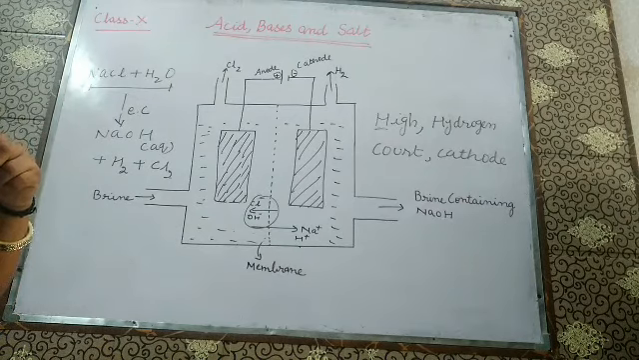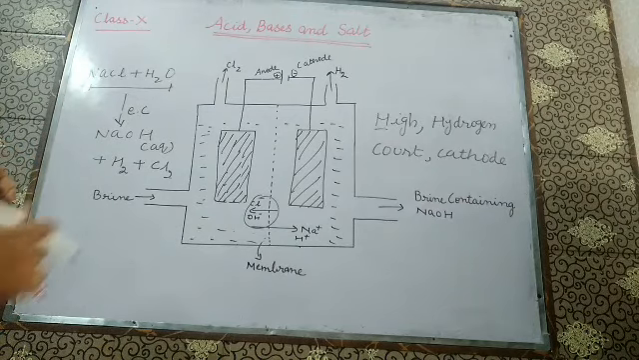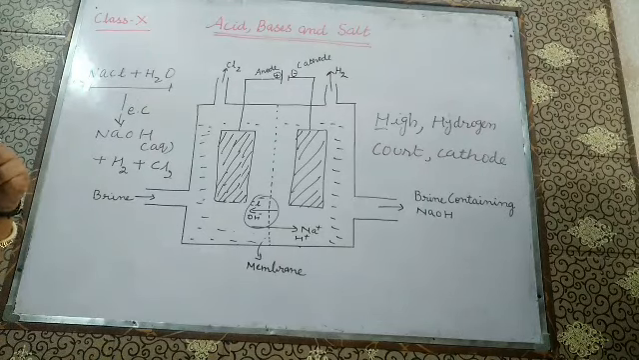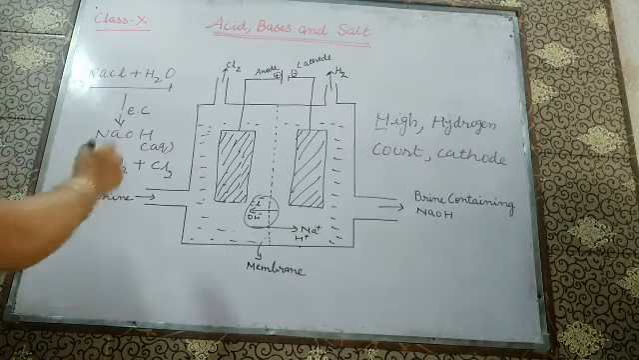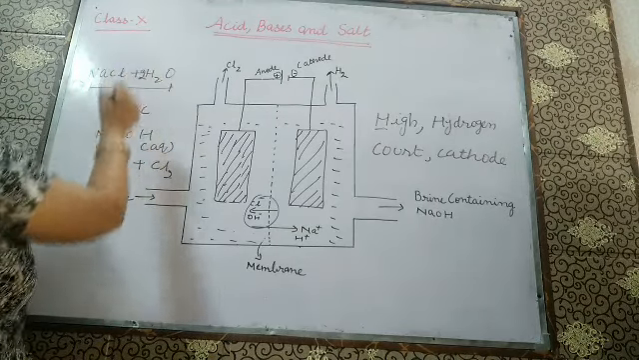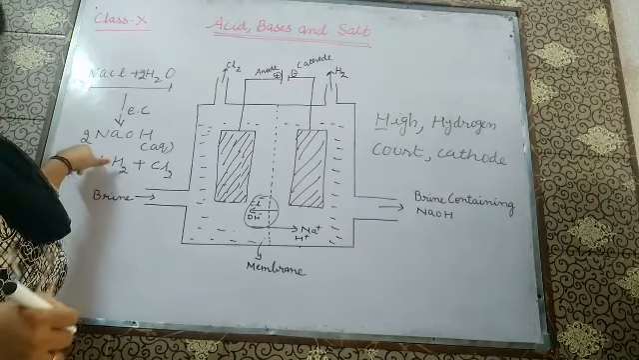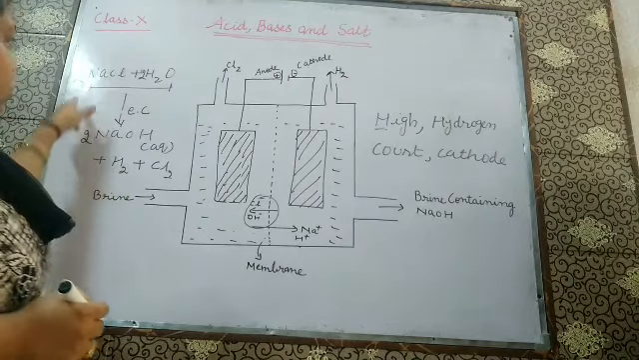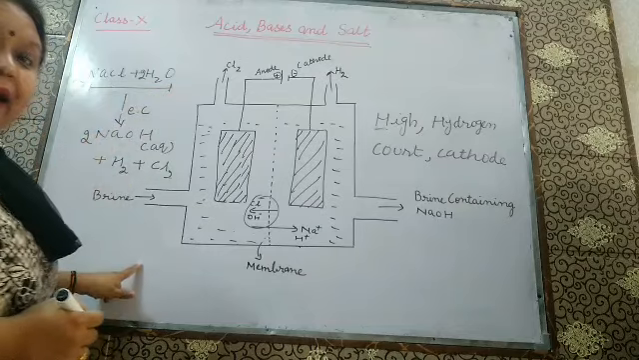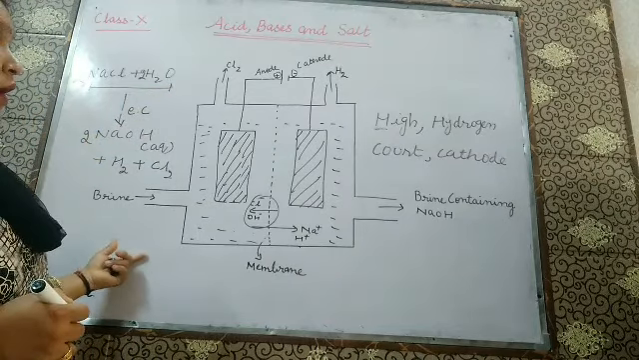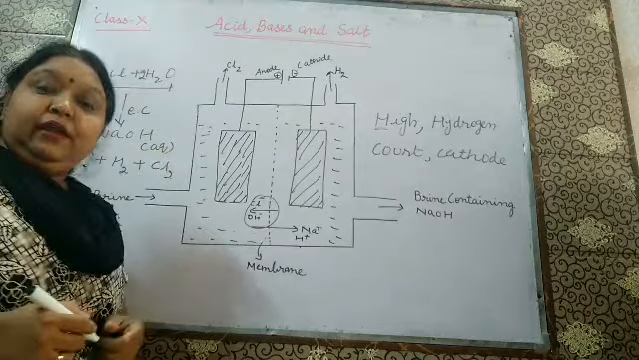And if you want to balance it, you can balance it also. Here it will be 2 NaCl. What about the water molecule? It will also be 2. And how many NaOH will we get? 2 molecules of NaOH are also obtained. Now this is a balanced chemical reaction, and I think you have all learned how the chlor-alkali process